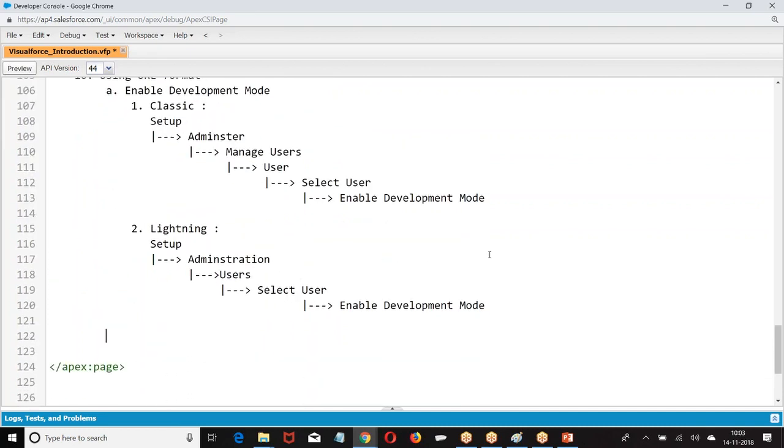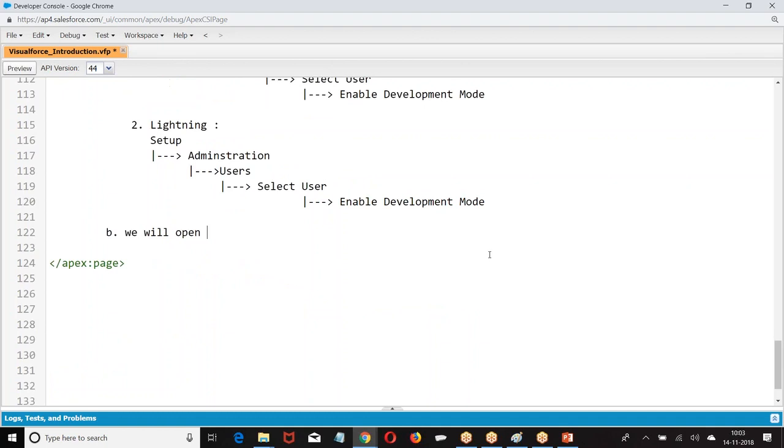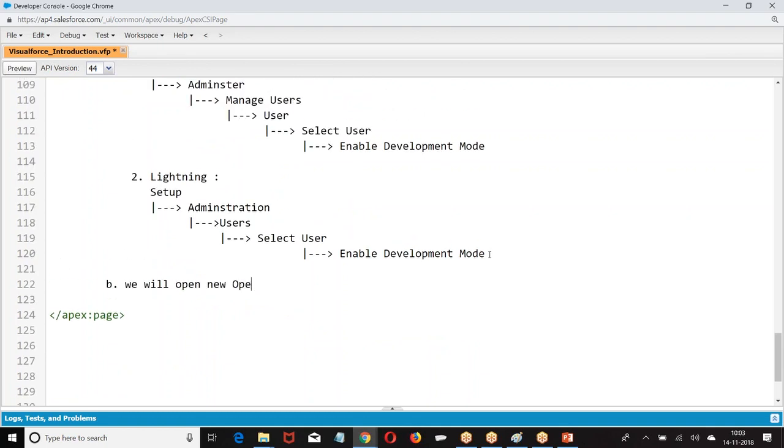What is the second step? How to open any page? We will open new VF page. HTTPS server instance. My server can be AP4. Your server is NA7. Depends. Server instance, salesforce.com/apex/